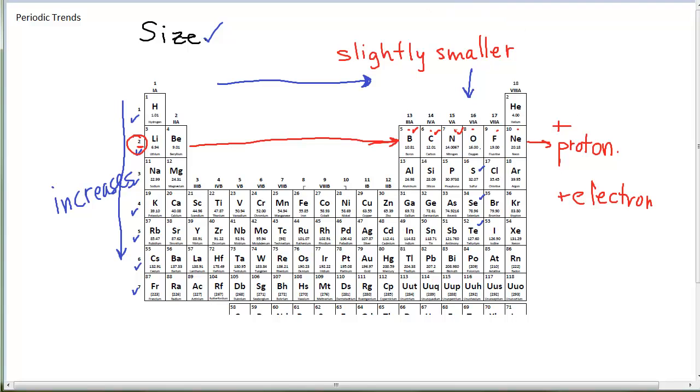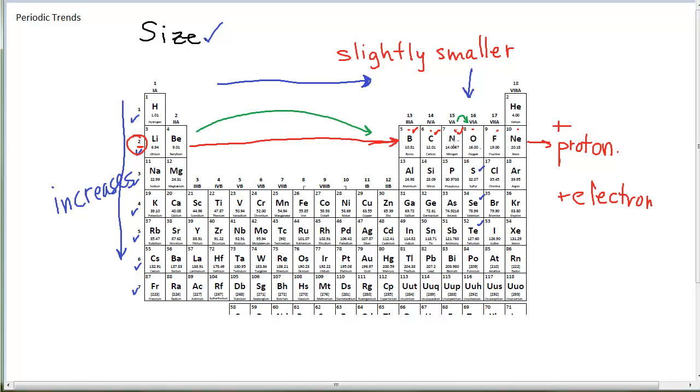Now what you'll notice if you look at an actual table, we can actually measure atomic sizes, and we notice that sometimes there are trends and exceptions, and sometimes two atoms will go slightly out of order. This usually happens as I move from one subshell to the next. Sometimes it gets slightly larger rather than slightly smaller. It also happens when I move from half filling a subshell to going to one more electron than the half-filled